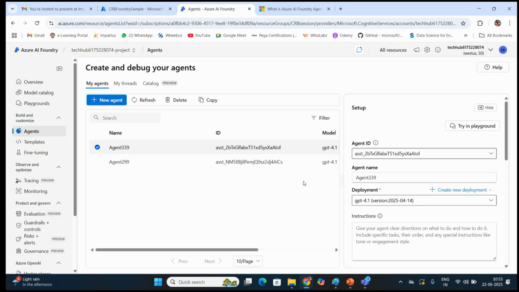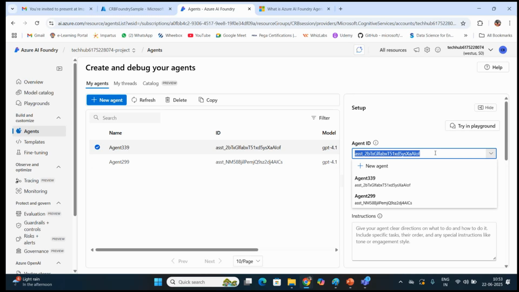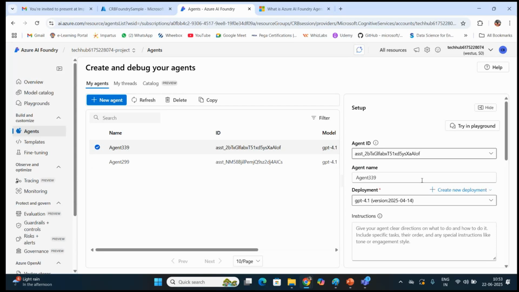So the first thing that would happen when you create an agent is that it would be assigned some kind of agent ID, and that agent ID plays a major role in connecting your particular agent to what you want to bring on. Now you have the same inside the agent, and the agent will also have an agent name being added for it, and deployment